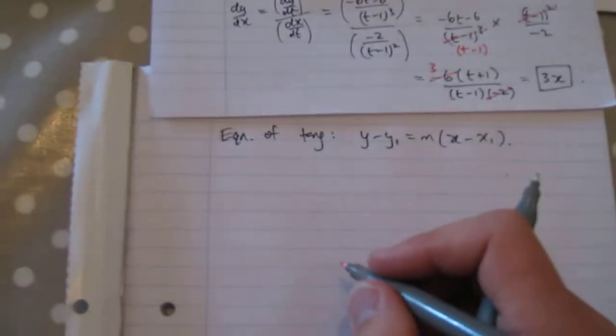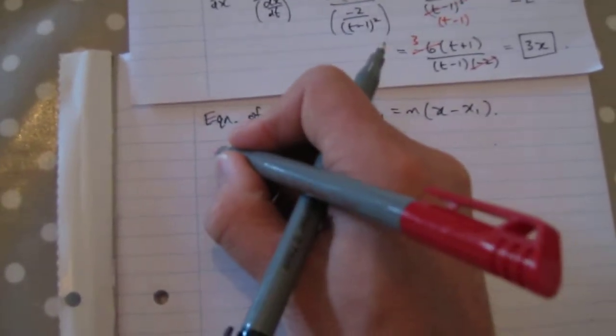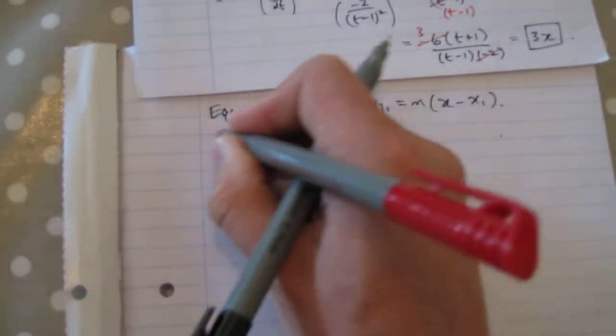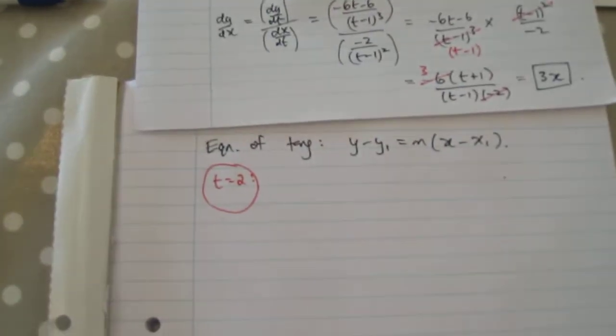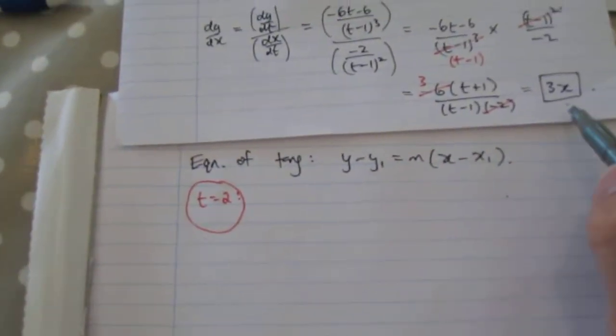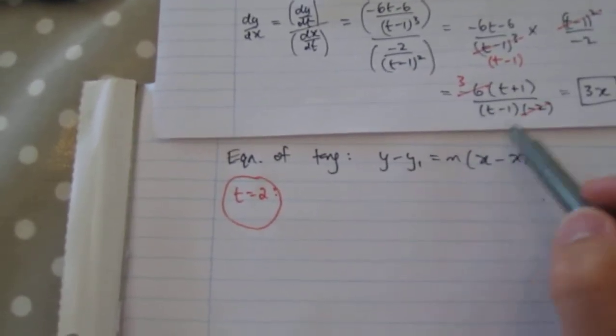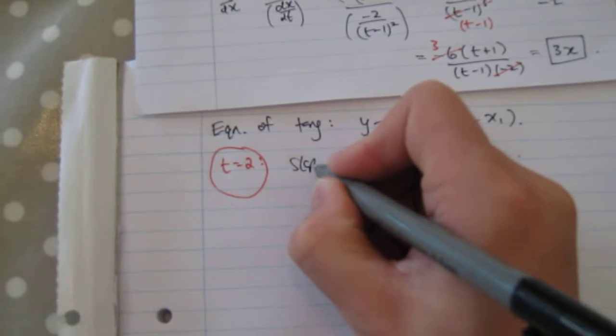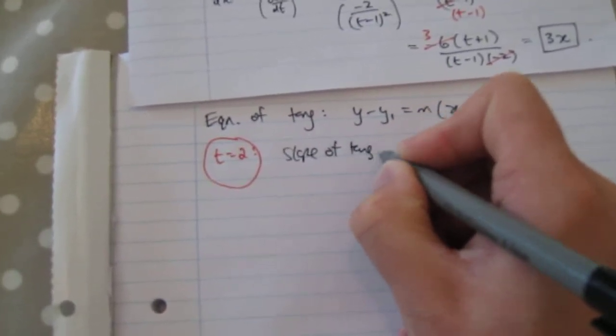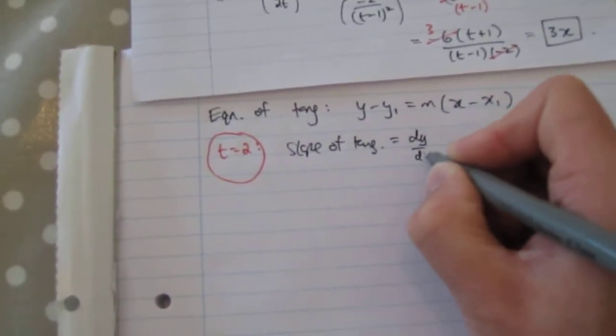We are interested in the equation of the tangent when t equals 2. So when t equals 2, well actually we could look at this and find the slope of the tangent here. The slope of the tangent, which is dy/dx,